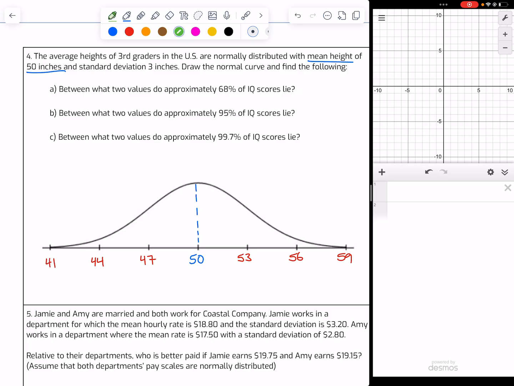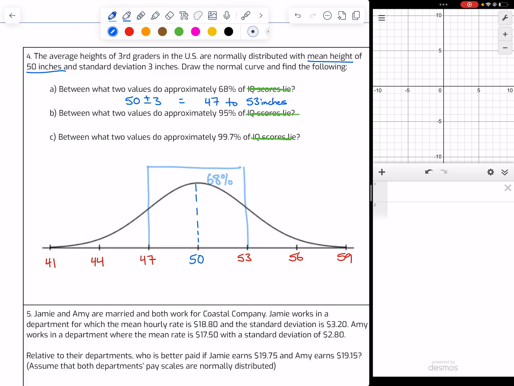Then it wants to know, between what two values do approximately 68% of heights of third graders fall? I need to fix that. Sorry about that. So where do 68% of our data lie? So 68% always lie within 1 standard deviation from the mean. So between 47 and 53 inches, we always know between 1 standard deviation above and below the mean, there's 68%. So we would want to write down, technically it comes from 50 plus or minus the 3, which is 47 to 53 inches for the height of